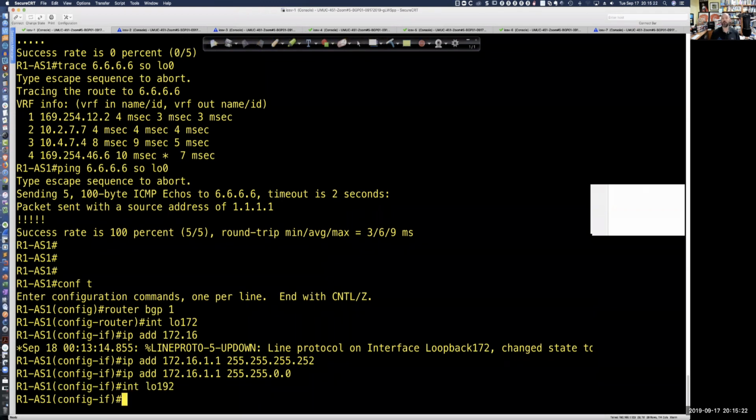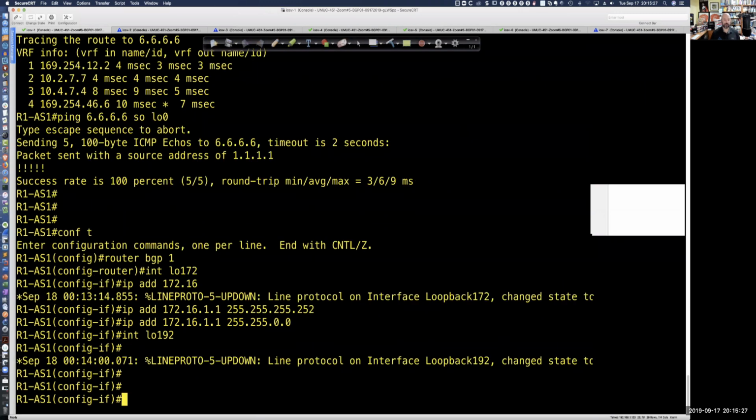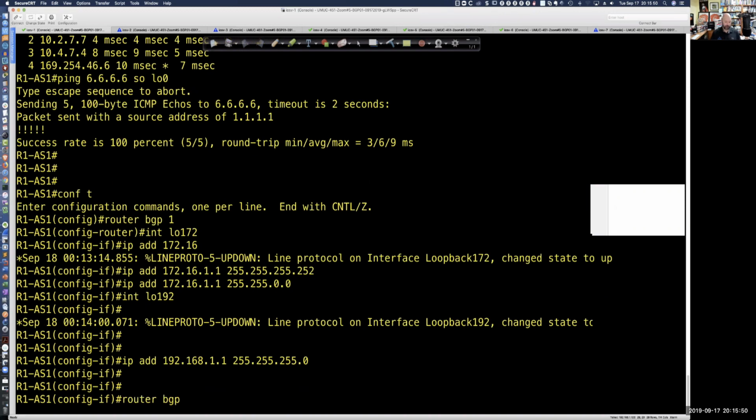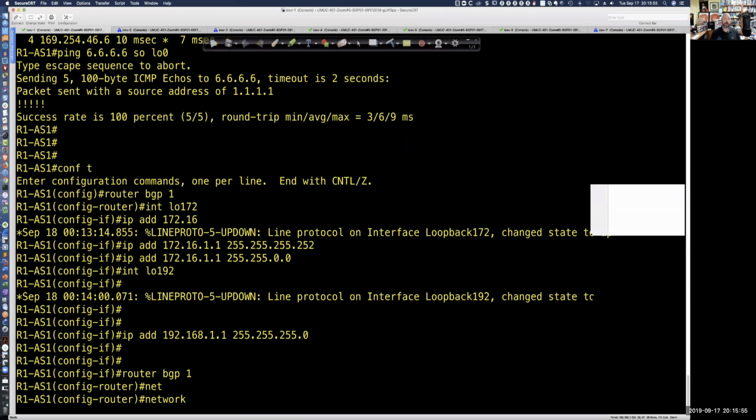And again, I'm just creating some virtual loopback interfaces that we can use to advertise with the network statement. So IP address 192.168.1.1, and it's going to be a /24. And remember, again, for a 192 class C, the default subnet mask is a 24. For the 172.16, the default subnet mask is a /16. So when I go into router BGP 1 and I say network, all I have to say is 172.16.0.0